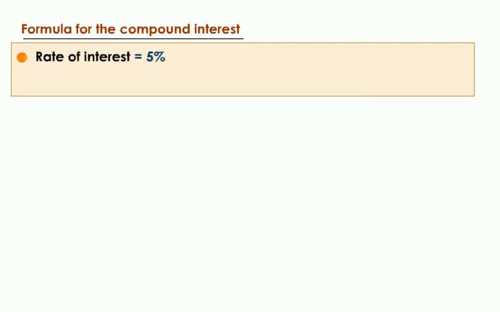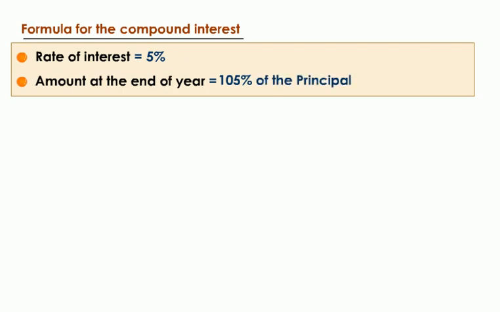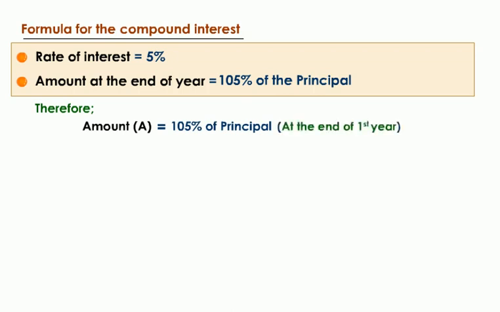Therefore, amount is equal to 105% of the principal at the end of the first year, which is equal to 1.05 into principal. Therefore, for the second year, the principal is 1.05 into principal, and amount is equal to